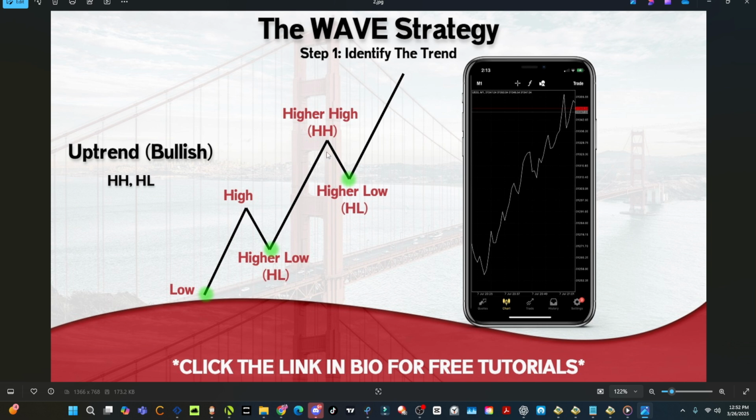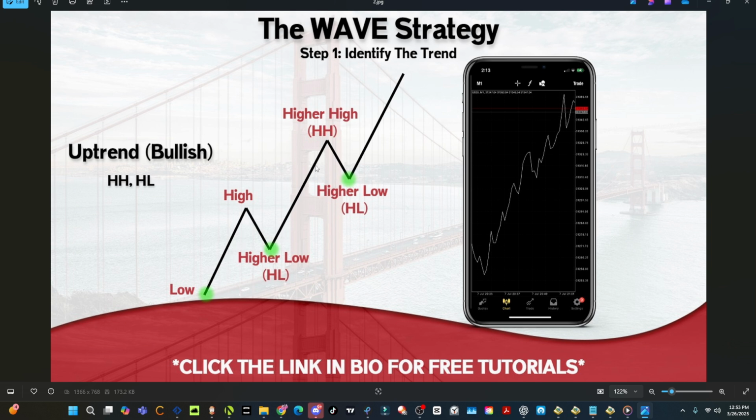Once it makes this second move, it leaves this point right here, which is called a higher low. This is called a higher low because this point, this low, is higher than this low. That's why this is called a higher low. Hopefully that makes sense. So the market starts low. It comes down a little bit, leaving this point, which is a high. It makes a strong move up, leaving a higher low. It retraces a little bit again, leaving a higher high. This is a higher high because this high point is higher than this high point. It retraces, then it makes another strong move up, leaving another higher low because this low is higher than this low, which is also higher than this low.